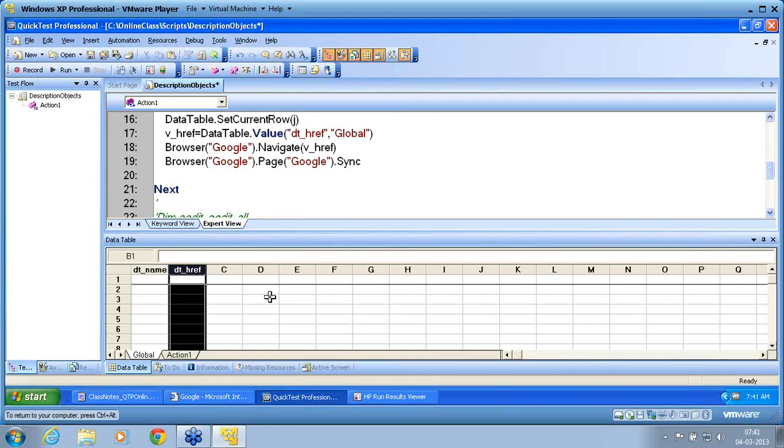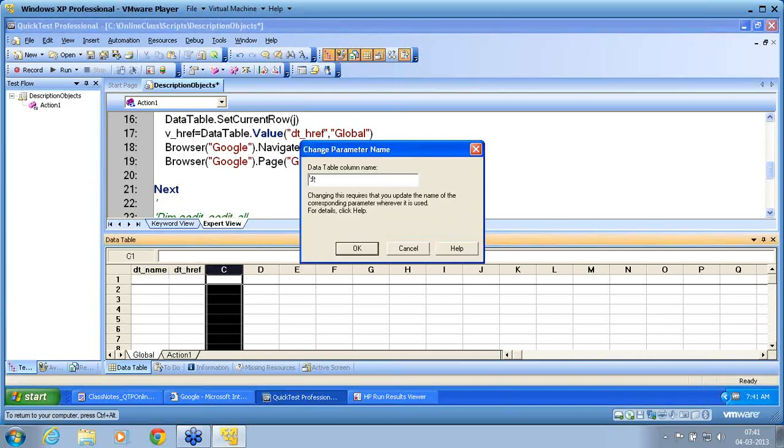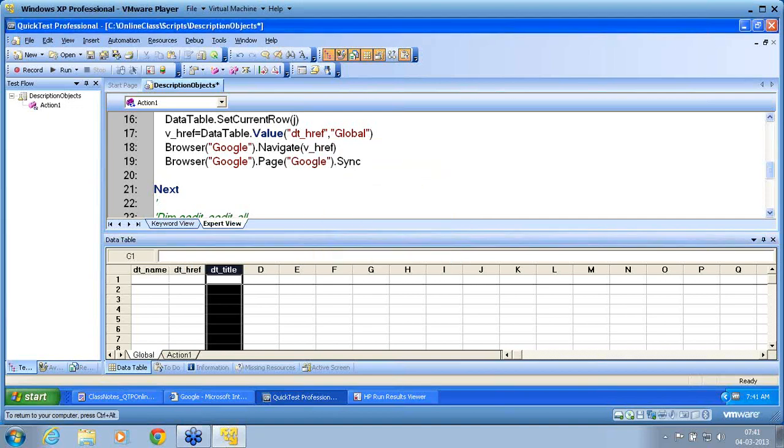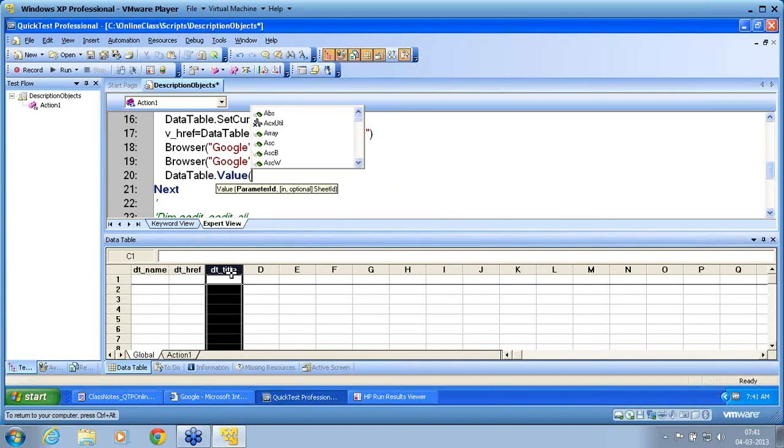After sync, I need to retrieve the title and store the title in the C column, dt_title, page title. To retrieve it, again the data table as an object, dot value, bracket, column name dt underscore title. It is case sensitive, spelling has to be correct, global.